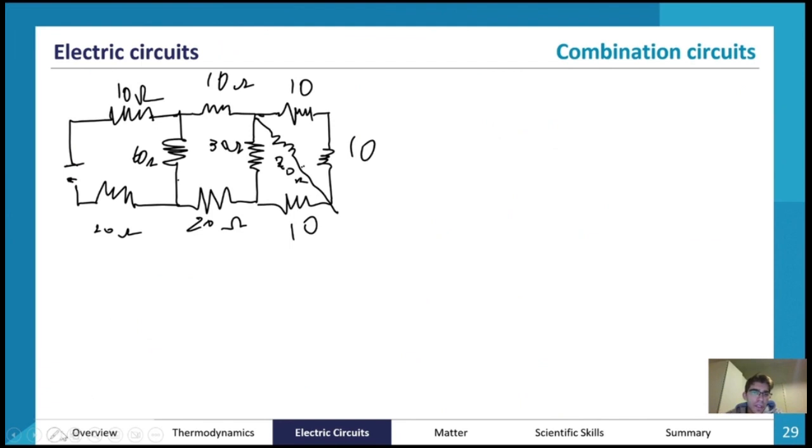It's definitely not the same. Even though it looks very simple, it looks like the only variation that we have